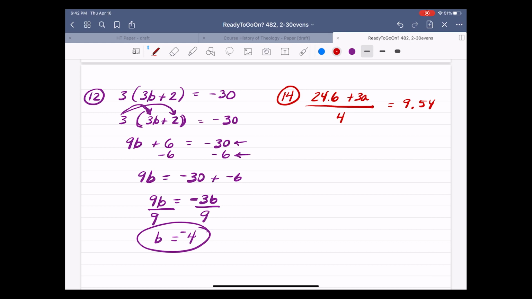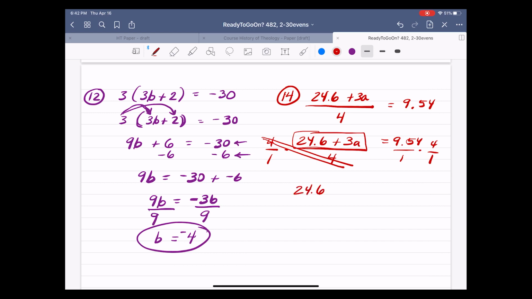All right, so I'm going to rewrite it. The first thing we've got to get out of the way is that divide by 4. What's the inverse of divide by 4? Multiply by 4. So I'm going to multiply by 4 over 1. If I multiply the left, I have to multiply the right. The 4s cancel out, and I'm left with 24.6 plus 3a over 1, which is just itself, which is 24.6 plus 3a equals